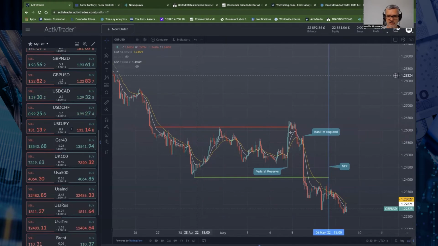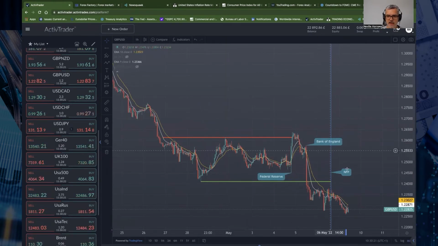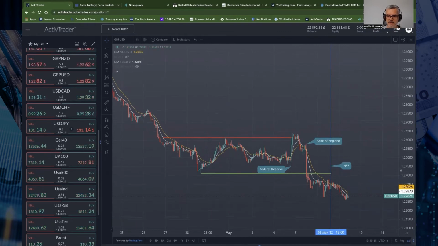Now, the pound versus the US dollar, I've marked up a couple of key data points from last week. We had the FOMC here, so we had a big pound rush as the US dollar got sold off. We broke above the liquidity from the 29th of April, didn't stay there for very long, came back down, got to the Bank of England the following day, big sell-off.